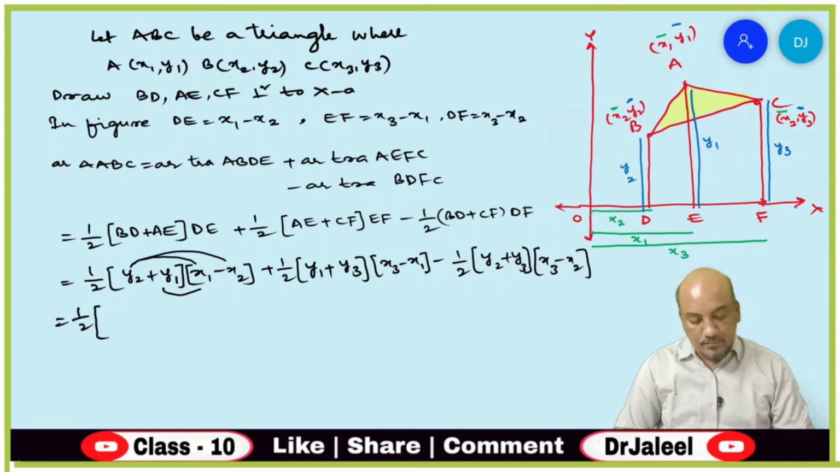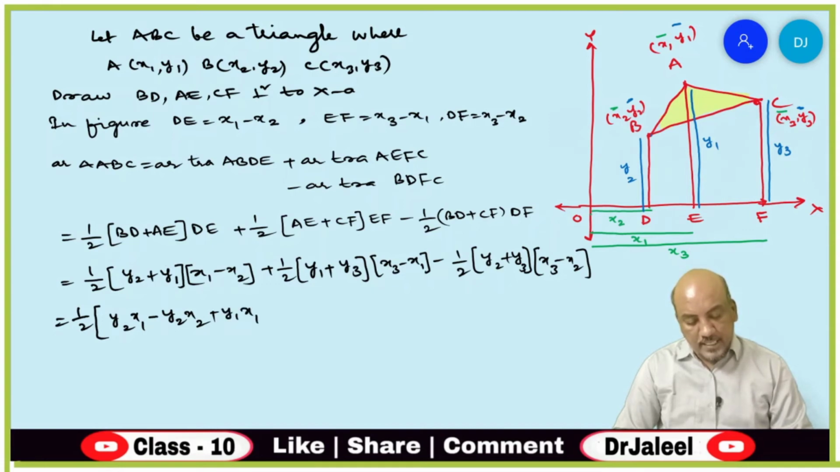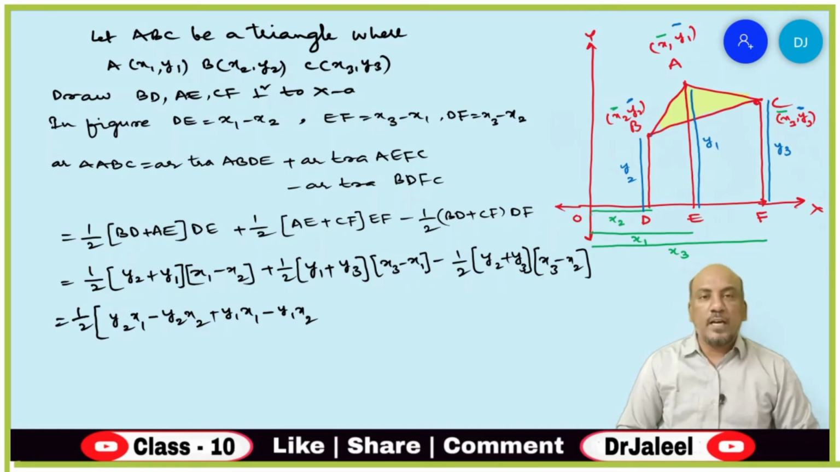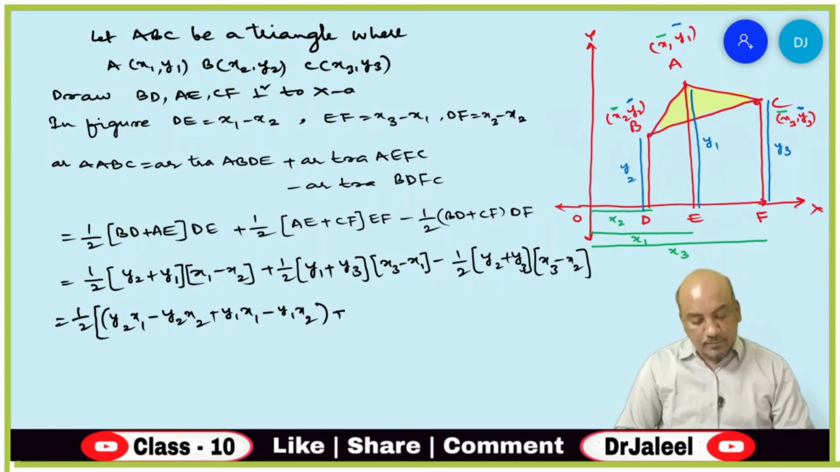So let's see, what do you get, children? Here y2 x1 minus, because y2 into minus x1, that is minus y2 x2. Again when you do this, y1 x1 plus y1 into minus x2, that is minus y1 x2. Are you able to understand, children? Then let us keep the bracket here, plus next one,